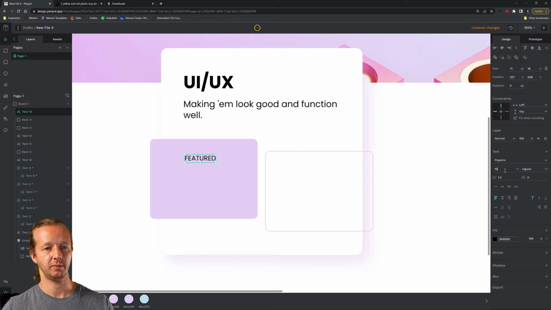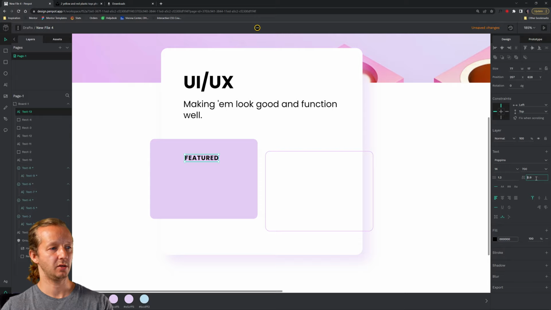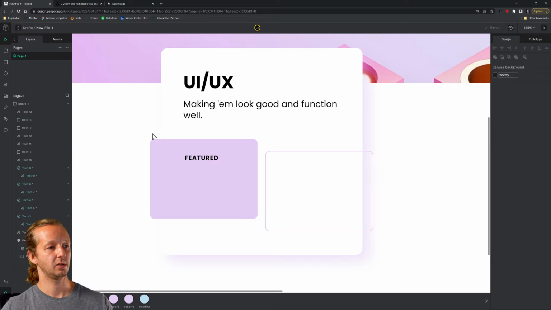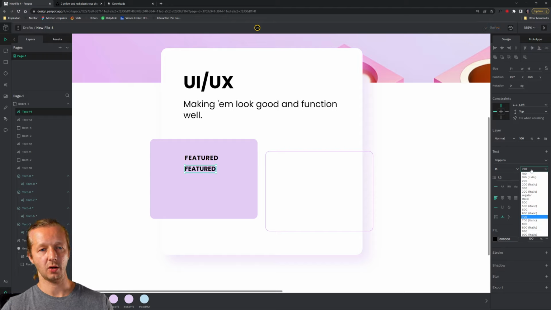All right, maybe we can even go 14 for that. And then we'll make it bold, and we will increase the tracking, so to speak. So if I go back out, you could see it's just increasing the letter spacing essentially. All right, now we'll go ahead and take this, duplicate that, reset this to 0 for the letter spacing, and this one will be regular,